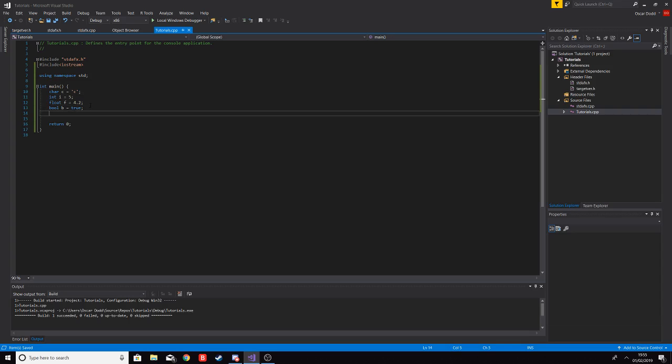So all of these are variables. And you'll notice that to define a variable, you have the type, so the data type. If it's a character, it will be char. If it's a whole number, it will be int. If it's a decimal, it will be float. And if it's a boolean, so true or false, it will be bool. And then you also have